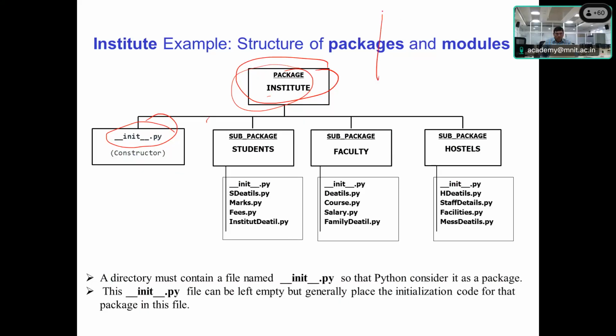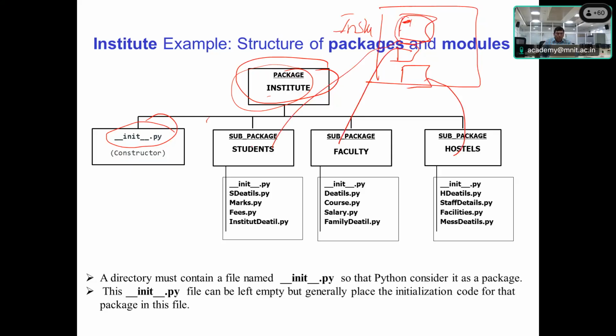And within that I want to create many folders. This consists of one package, institute. In that, I am creating many small folders. One is known as student, another is faculty, another is hostel. Now these different folders are again going to contain different modules. Since it is a package, a sub package, it must also consist of __init__.py, and then the remaining files